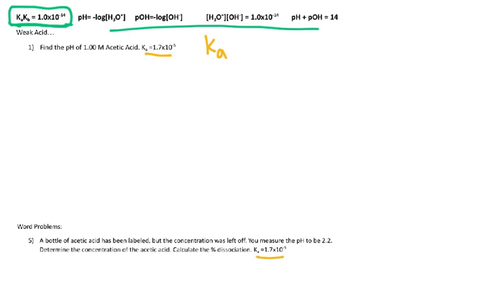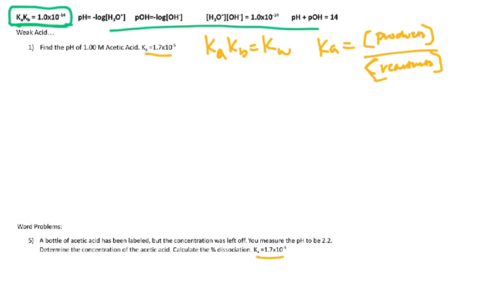Sometimes that's noted as, well, a lot of times, if you start Googling, you're going to see this, Kw, standing for water. So our Ka expression, or Kb, again, is the concentration of the products over the concentration of the reactants in our dissolution. All right, so number 1 says find the pH of a 1 molar acetic acid solution,